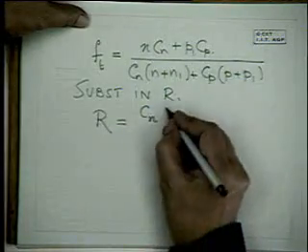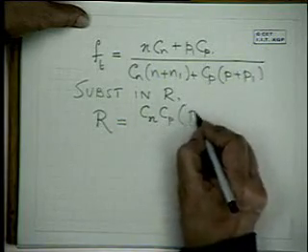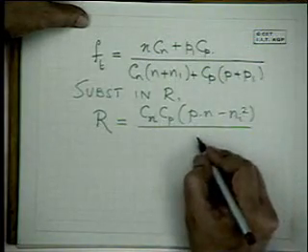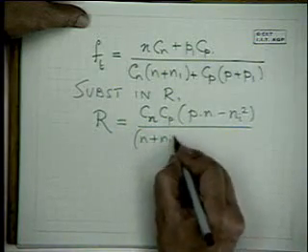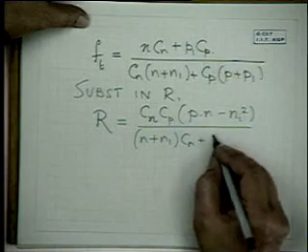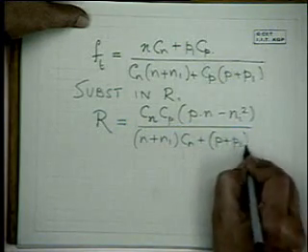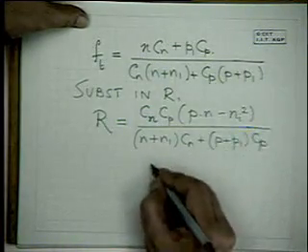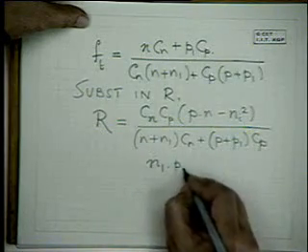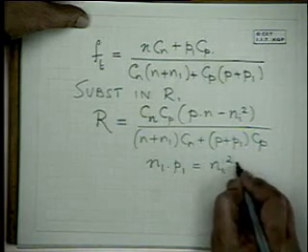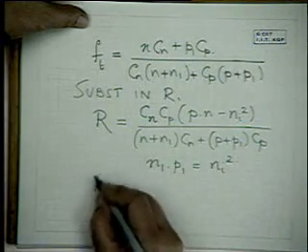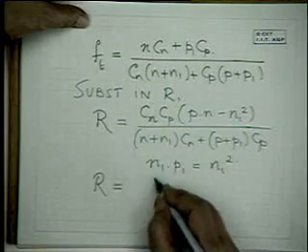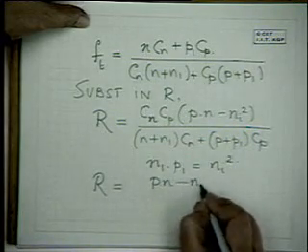in steady state, the recombination rate is equal to CnCp into pn minus Ni squared over n plus N1 Cn plus p plus P1 Cp. You may wonder where Ni squared is coming from, where we have written N1 into P1, as obviously Ni squared. So we can further simplify this by dividing through by CnCp. So we have R is equal to pn minus Ni squared